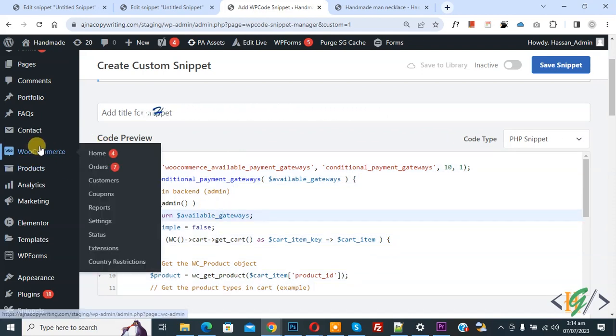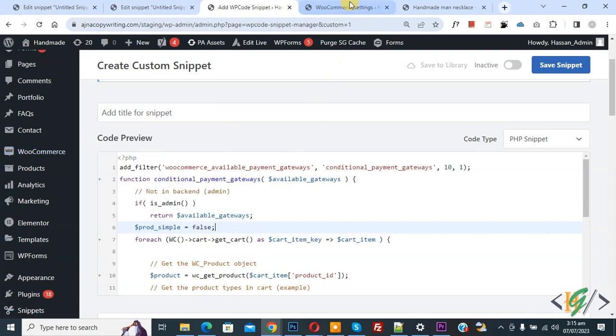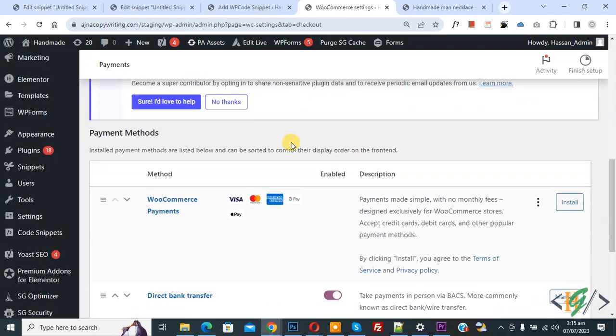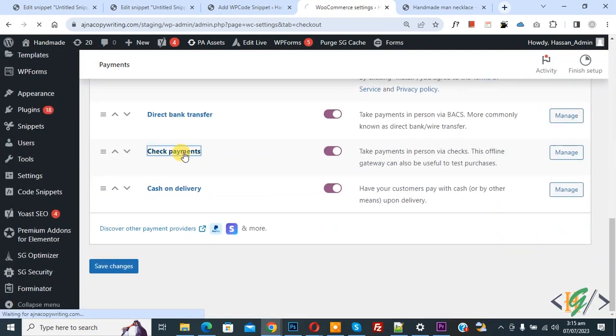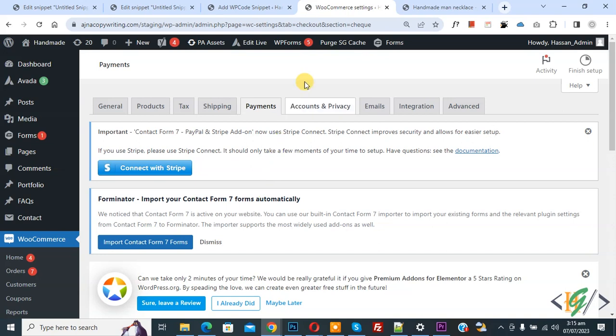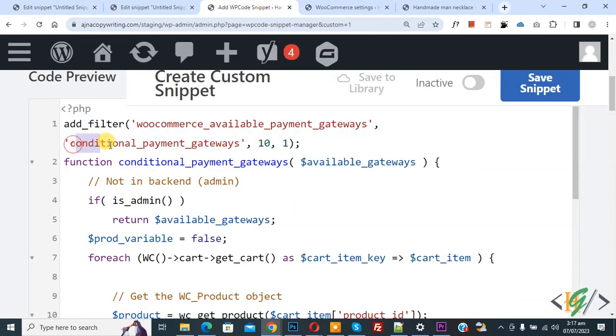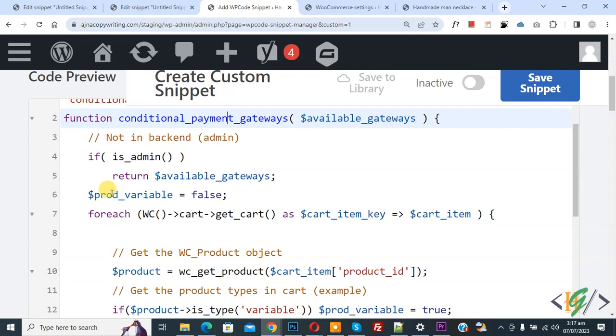On the left side you see WooCommerce and then you see Settings, so open it. Now go to WooCommerce settings and then you see the Payments tab, so click on it. Now scroll down, click on any payment and then in the URL you see section equals cheque, so cheque is the payment gateway ID. Now back to edit code, so this is the conditional payment gateway and then you see